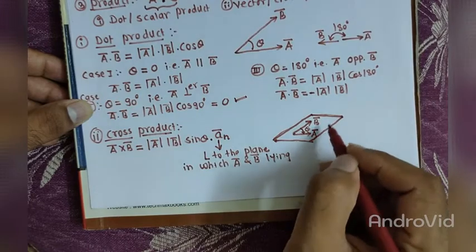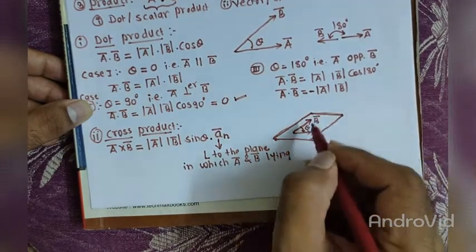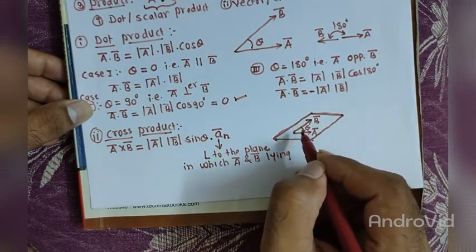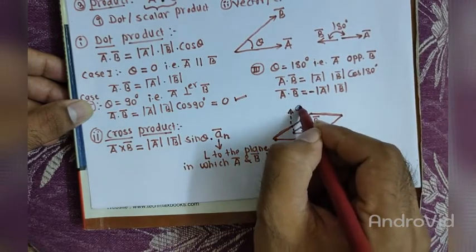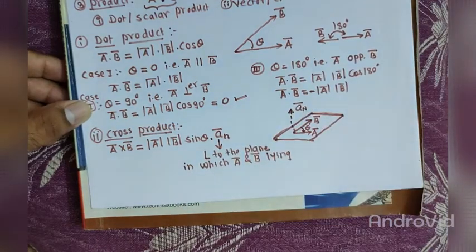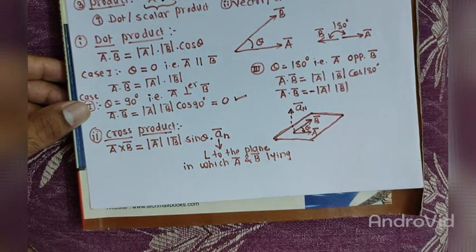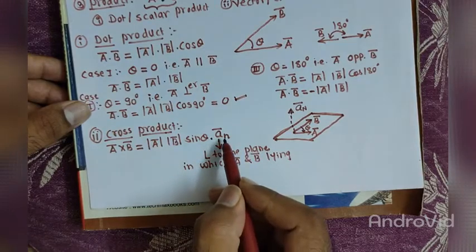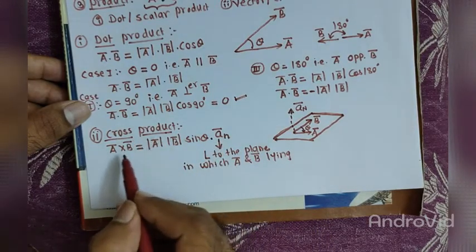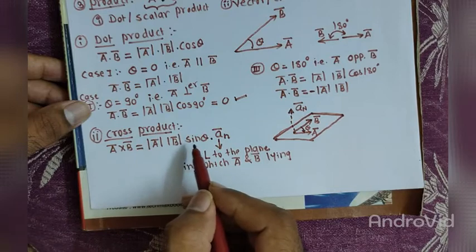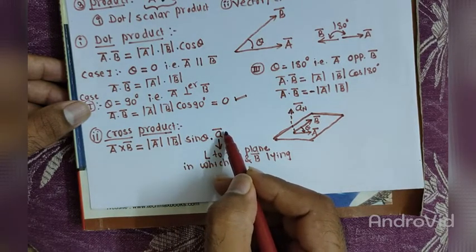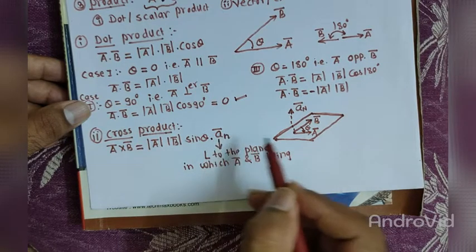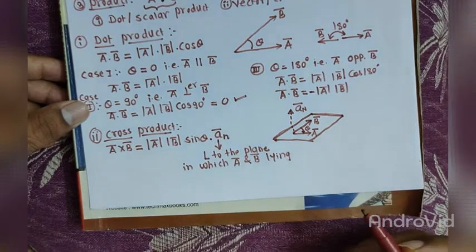So what is that plane? If you could see, this is the plane in which both vectors A bar and B bar are lying. So we will have to draw here a perpendicular direction, and this an bar is the direction which is perpendicular to the plane. So an bar, don't forget to write. So what is the definition of cross product? A cross B is mod A mod B sine theta into an bar. So this unit vector must be there, and it suggests the direction which is perpendicular to the plane in which both of the vectors are lying.